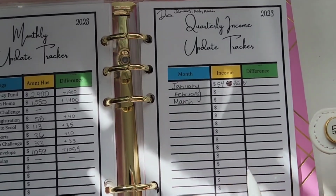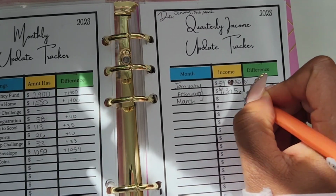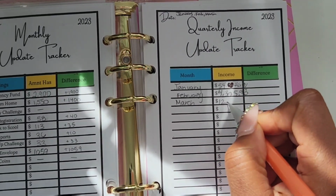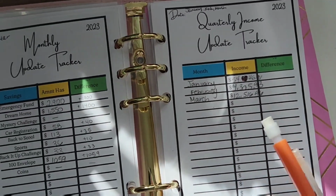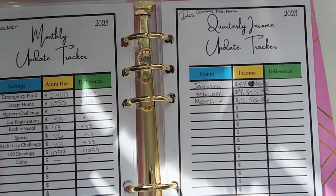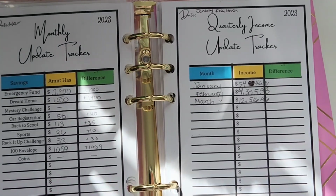And then for February, I was able to make a total of $4,305.93. And then for March, I was able to make $12,516.96. So of course March is a huge magic month for me because of taxes and the different government checks that I was able to get from the stimulus, etc. So I was able to add up all these numbers, and that came out to a total of